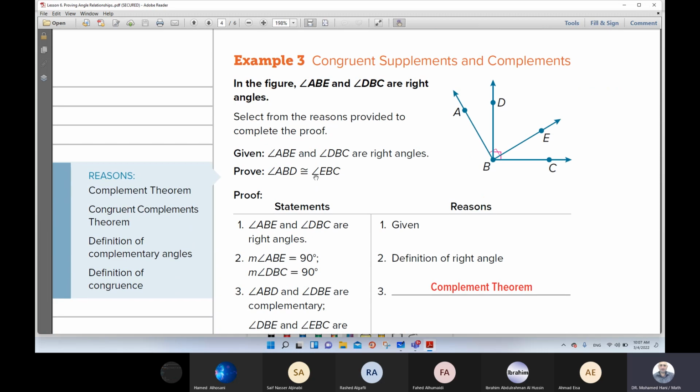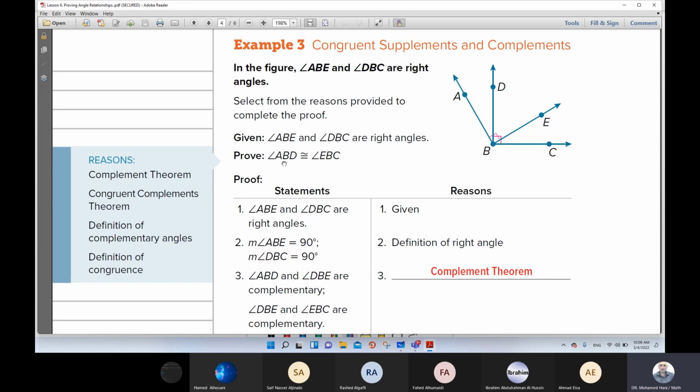For example, in the figure, angle ABE and angle DBC are right angles. As you see here, for ABE we have this sign, which means 90 degrees or right angle, and DBC also has the same sign, meaning right angle. Given angle ABE and angle DBC are right angles,